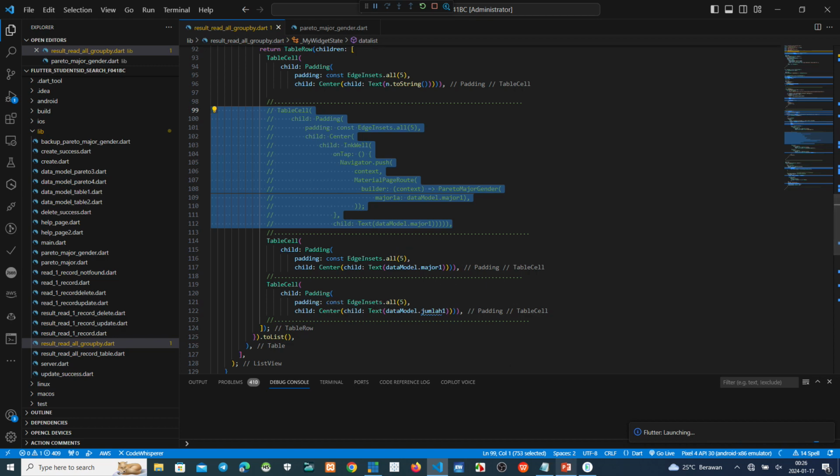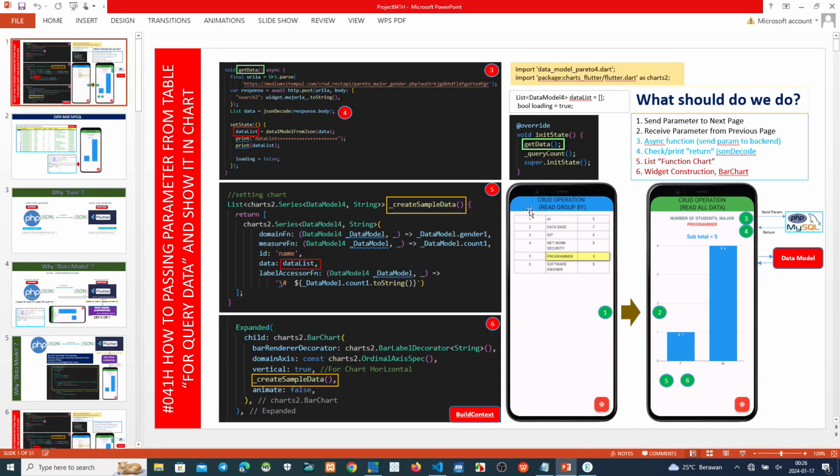This is just to show this parameter on the table. If we click this one, there is no change because I have remarked this script that sends this parameter to the next page. And then we remove all this script, and then the question is, what should we do?